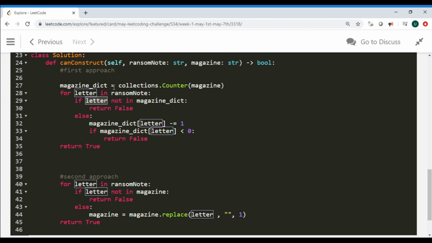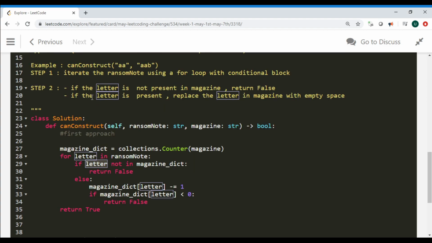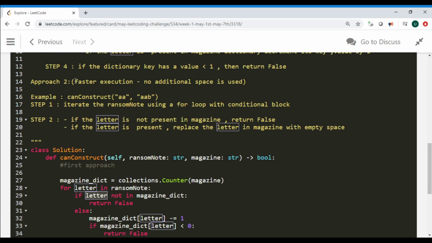So this is the first approach, guys. Now I'm going to discuss the second approach, which I found to be faster. It executed pretty fast compared to the first approach, and there is no additional space in terms of data structure. I have been using a dictionary in the first approach, and nothing additional is used here. I'm going to consider the similar example.